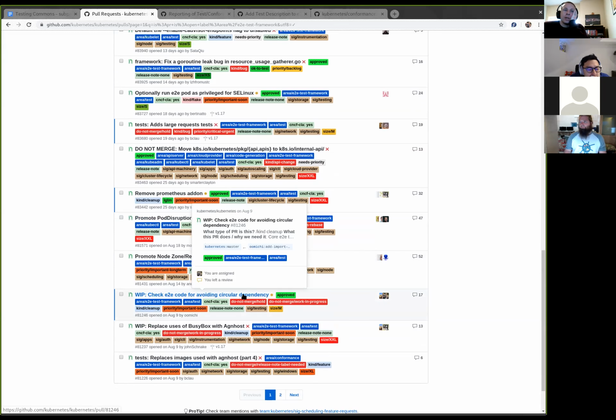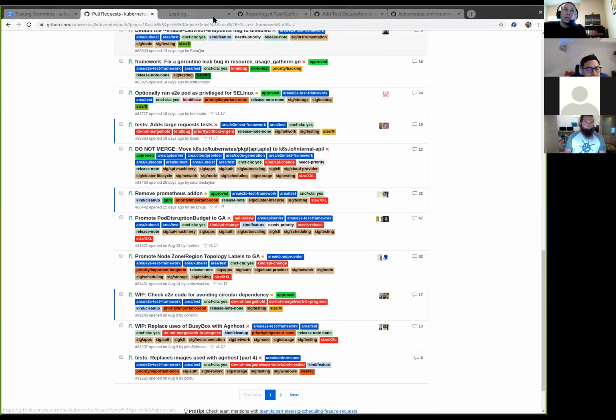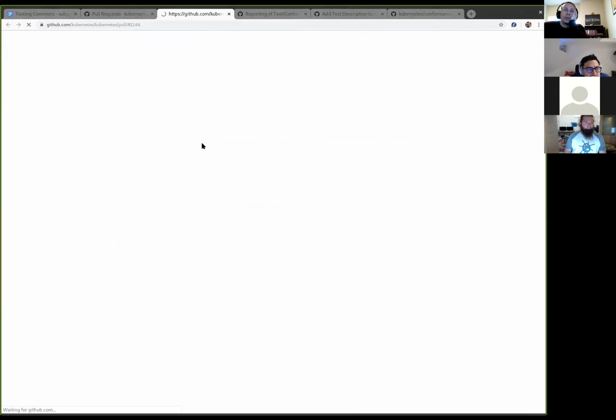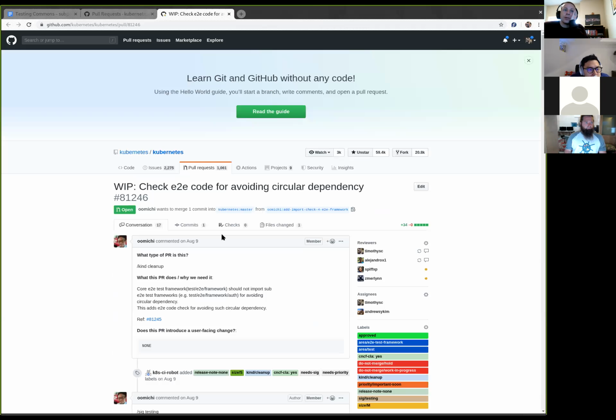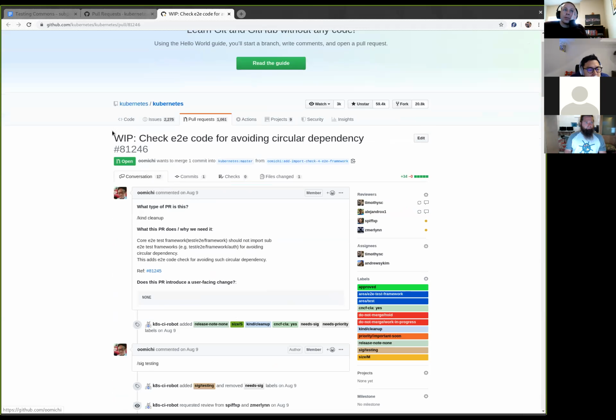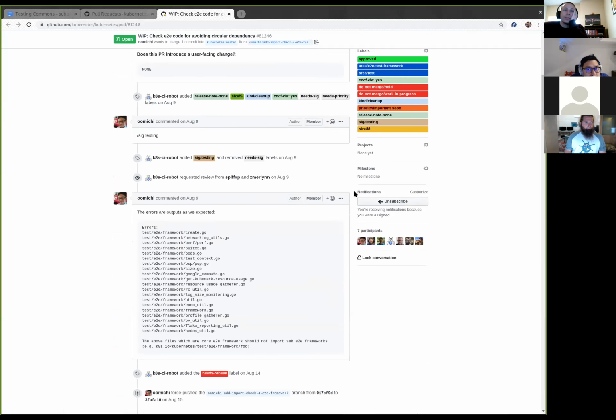Check code for avoiding circular dependency. This has been approved. It's still marked as a WIP though. Nomichi's gone. Yeah, that one is actually kind of blocked.